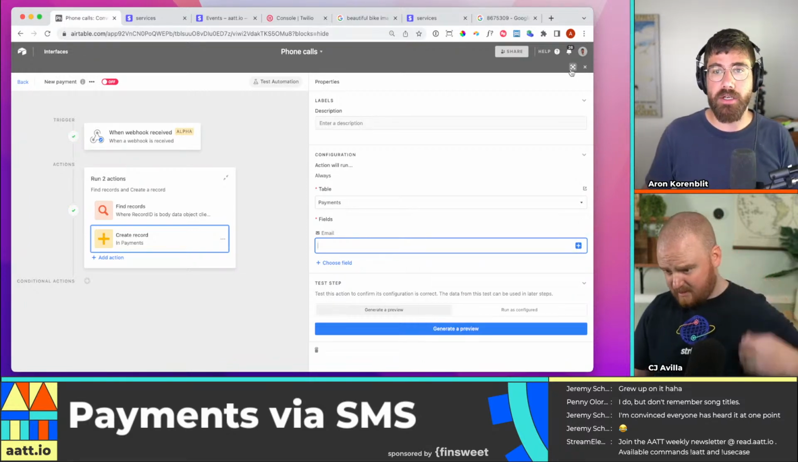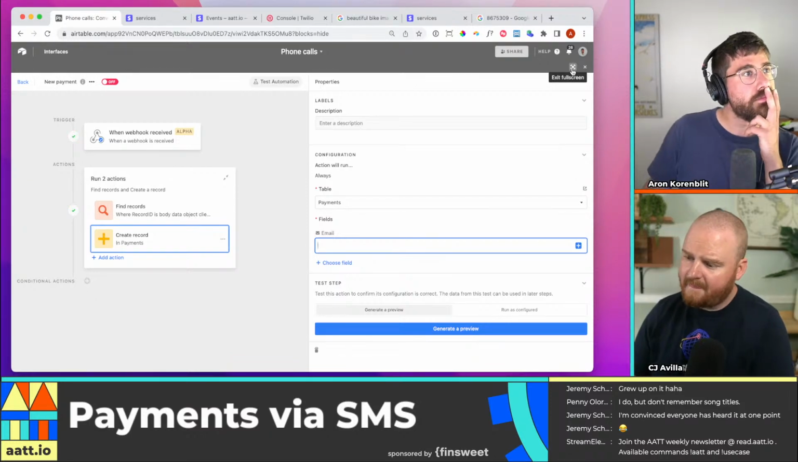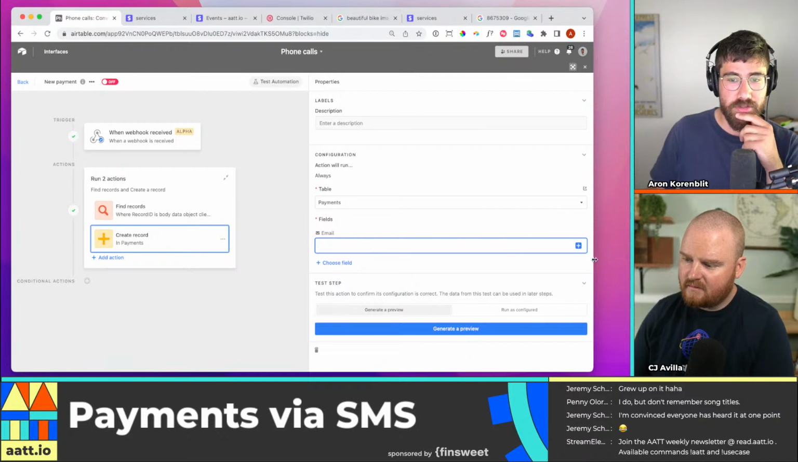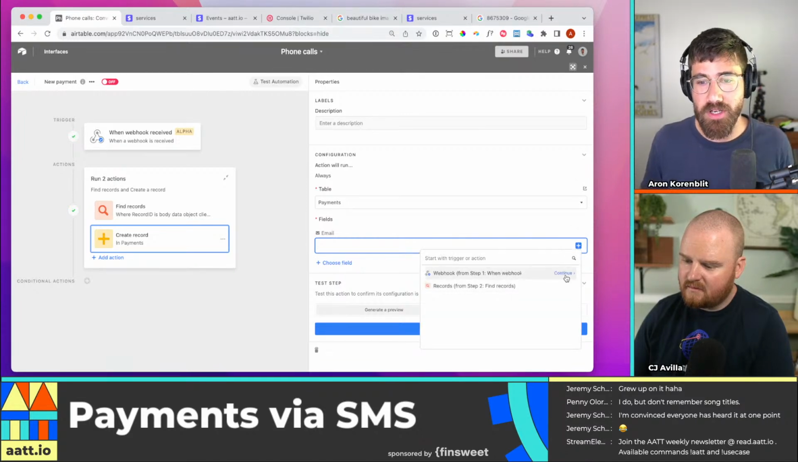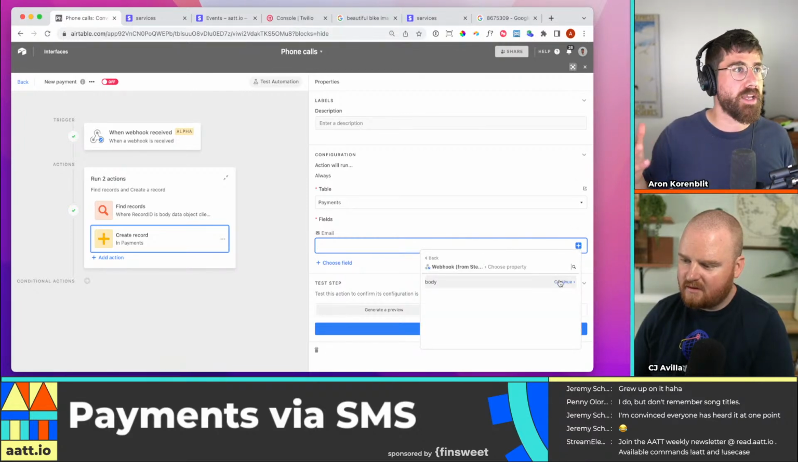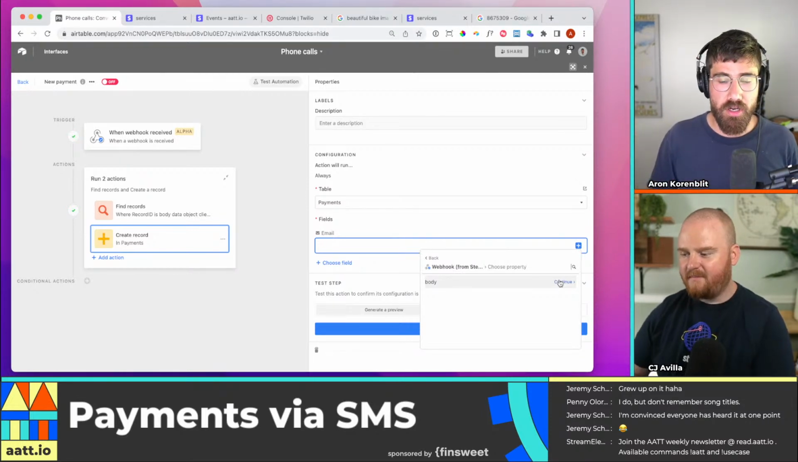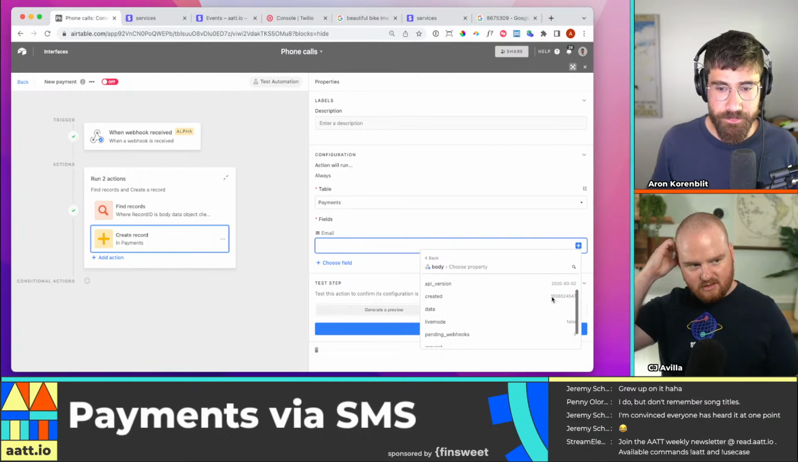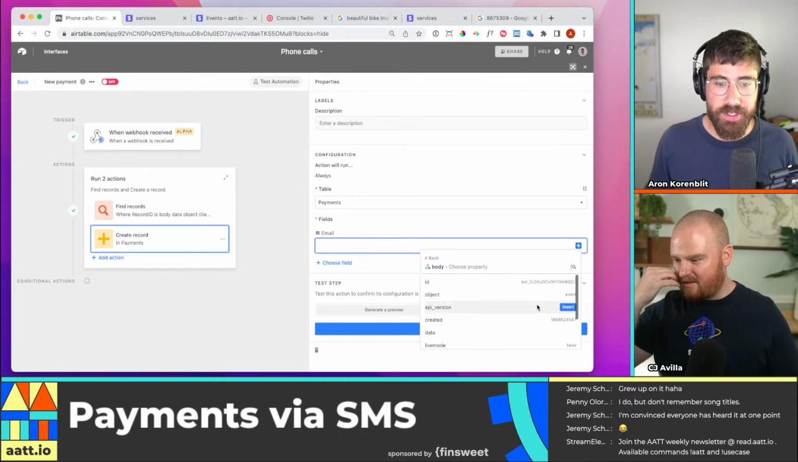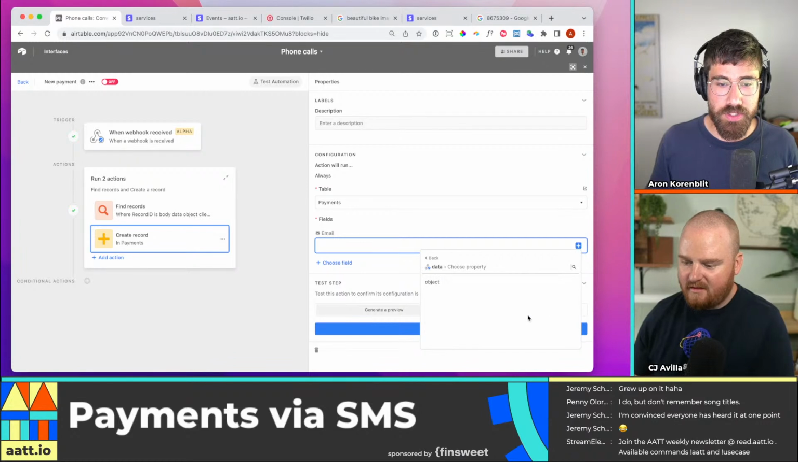Actually, instead of email, do we want to tie it to the customer? No, we don't want to tie it to that, because the customer could be anyone. It could be your friend filling out, or your children, whatever. Right. And it's already linked to the conversation, which has a reference to the customer. Exactly. So go into data, object, and then